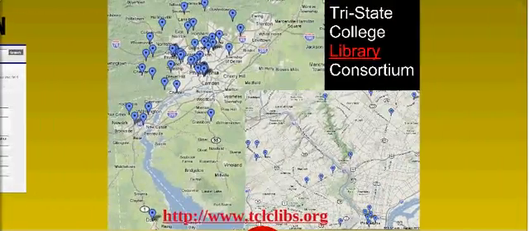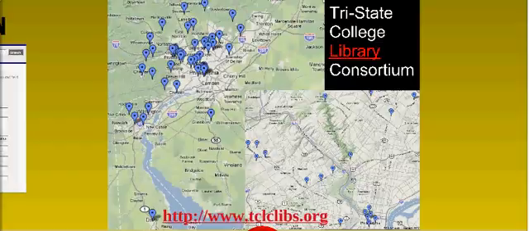And so you know what happens on our end, the first place we turn to try and get these materials is from our local consortium, the Tri-State College Library Consortium. If none of these libraries from Dover, Delaware to Doylestown, Pennsylvania have the material you need, we expand our search into larger and larger groups of libraries until eventually we identify an institution that is willing and able to lend the material to us. The other thing you should know about TCLC is all of these member libraries